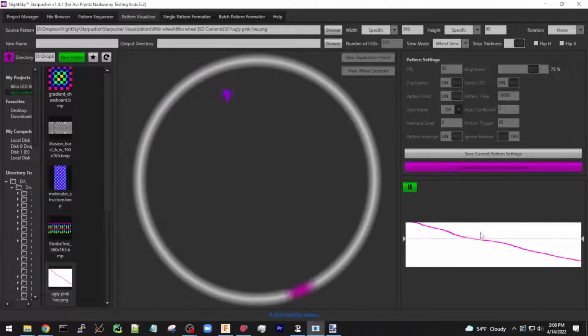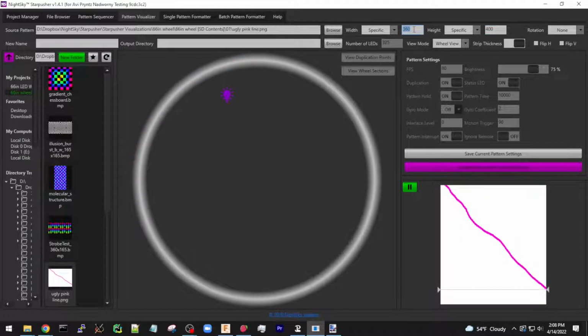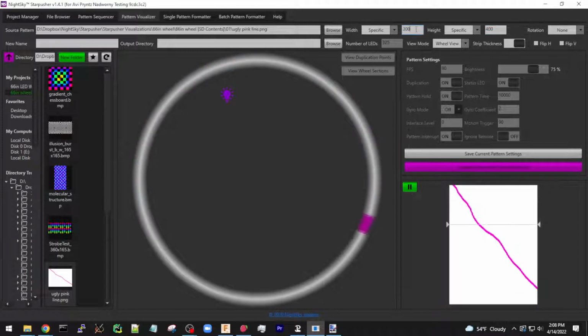Sorry about that. Okay, so over here on the lower right-hand side, you can see the image is also stretched because our settings up here in Star Pusher have modified the original image dimensions. I don't know, let's put it to like 300 by 400. I don't remember what the original dimensions of this image were, but now you can see we're changing the size of the image, and we can see there's some weird things. If we wanted to have a little, let's call it a comet that spins and orbits the wheel,